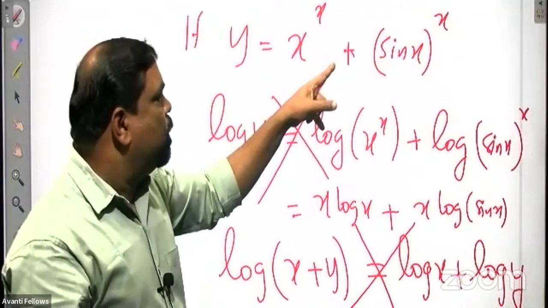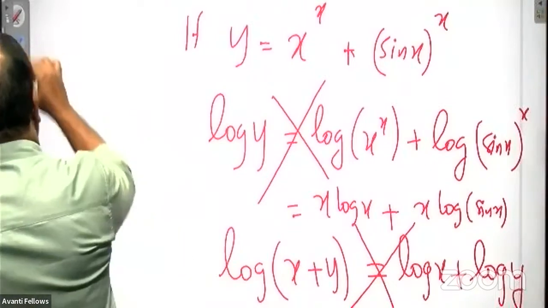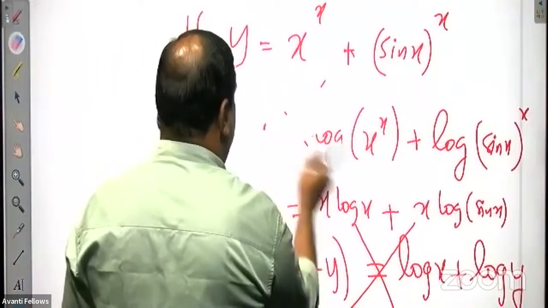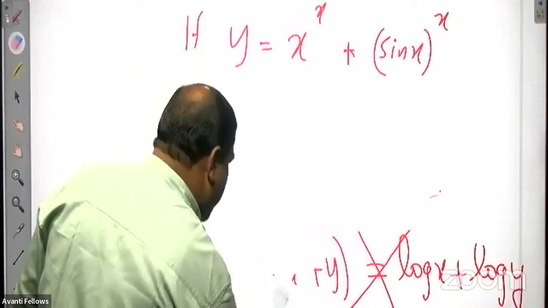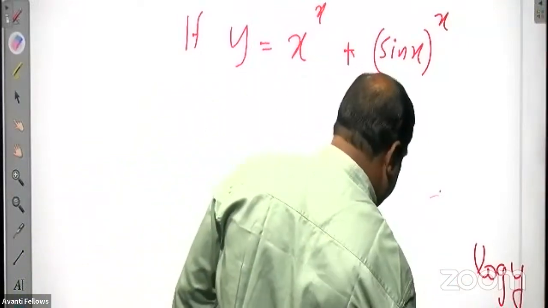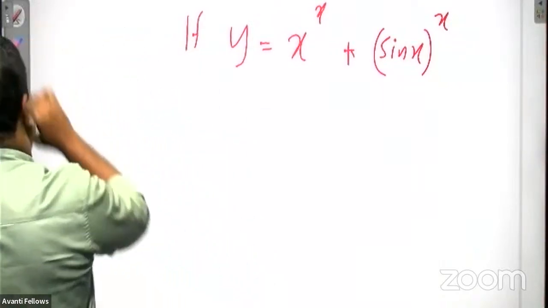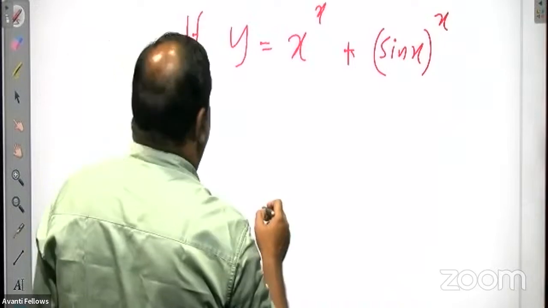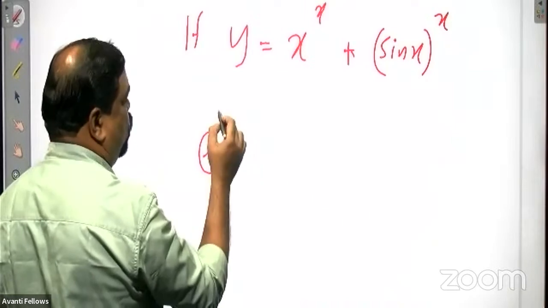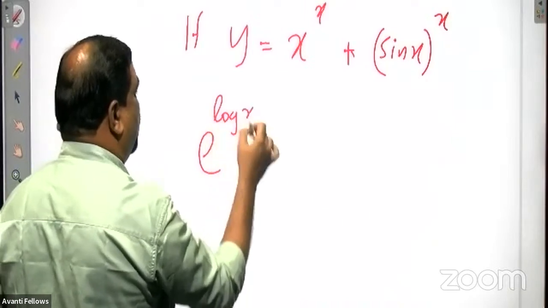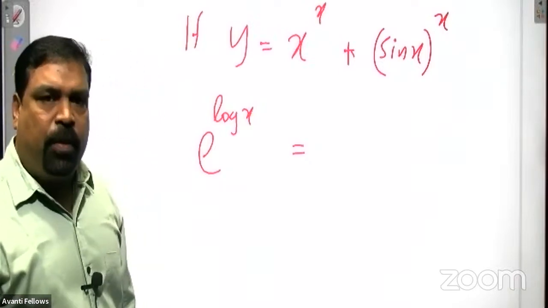So in order to overcome that problem, you can do this in another way. Using another way, the usual way, taking u and v separately and applying logarithm, that is the usual procedure. But I am telling you this can be done in another way. You know this property that I have just told you: what is e raised to log x? You may be remembering. E raised to log x equal to